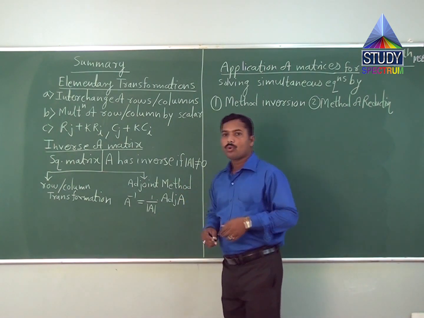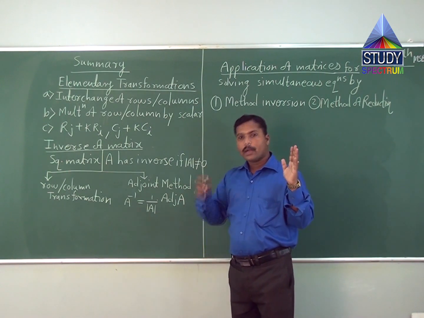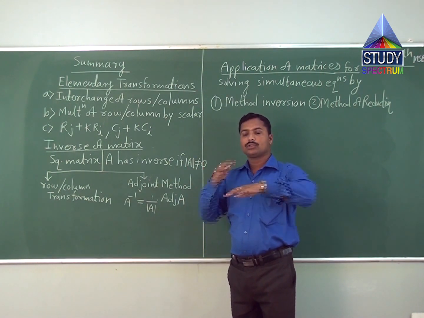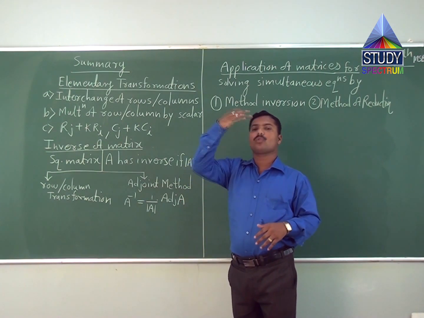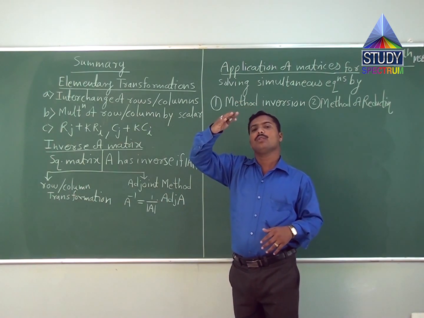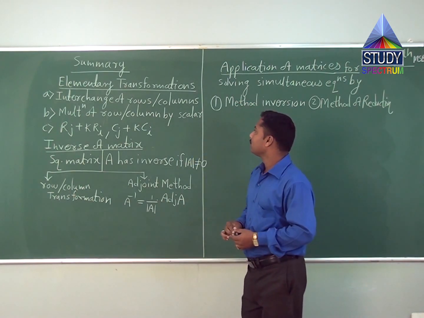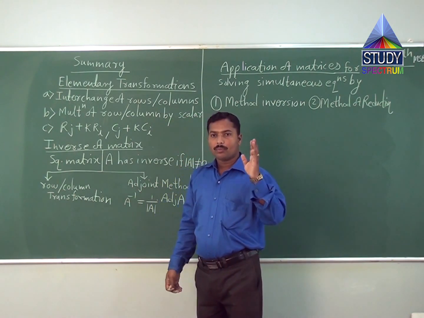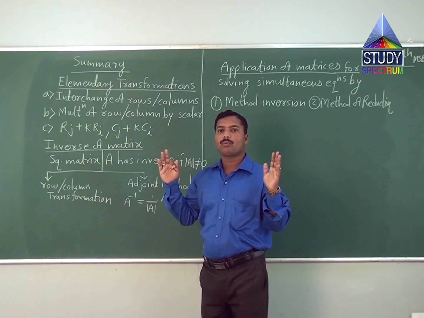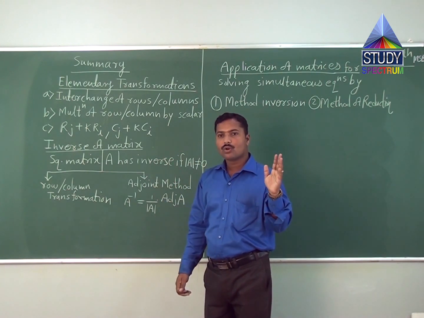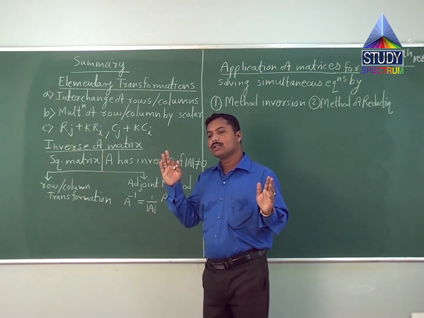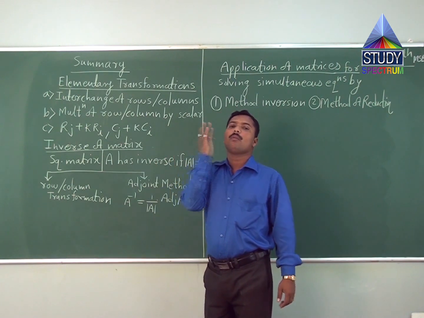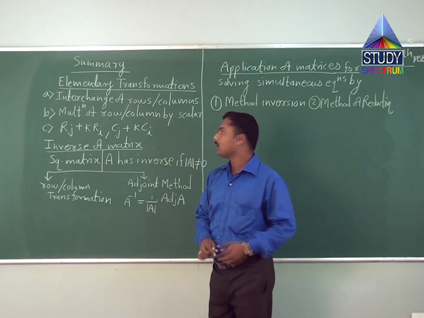Suppose आपको अगर फर्स्ट रो एंड सेकंड रो का इंटरचेंज करना है तो सेकंड रो फर्स्ट रो की जगह आएगा, फर्स्ट रो सेकंड रो की जगह आएगा. सिमिलरली कॉलम के बारे में ऐसा ही होगा. अगर फर्स्ट कॉलम एंड थर्ड कॉलम आपको इंटरचेंज करना है तो फर्स्ट कॉलम थर्ड कॉलम की जगह जाएगा और थर्ड कॉलम फर्स्ट कॉलम की जगह लेगा.